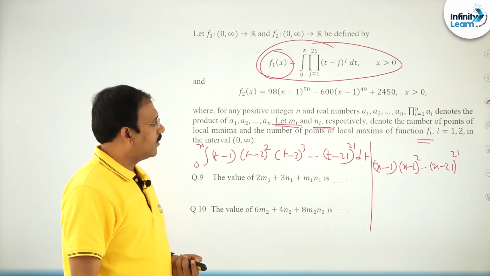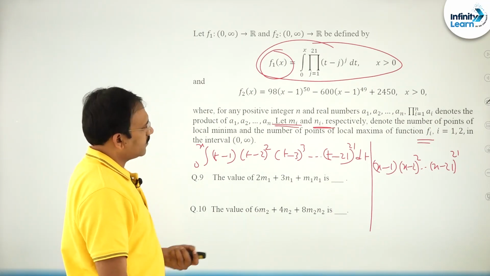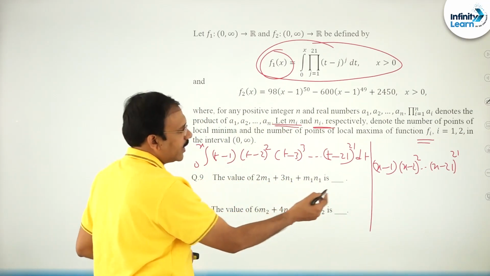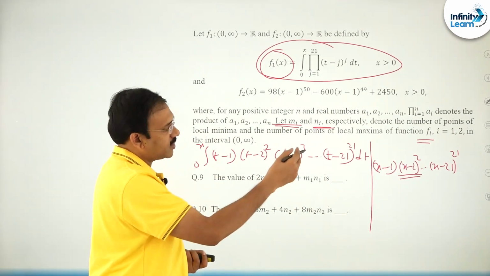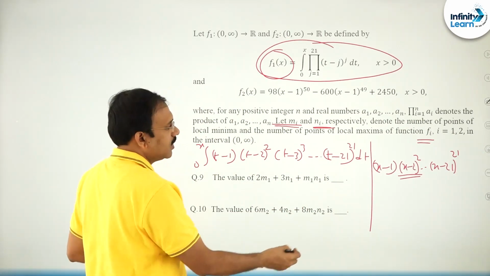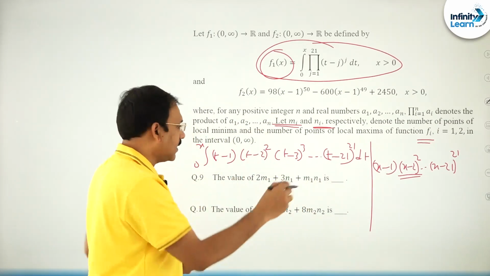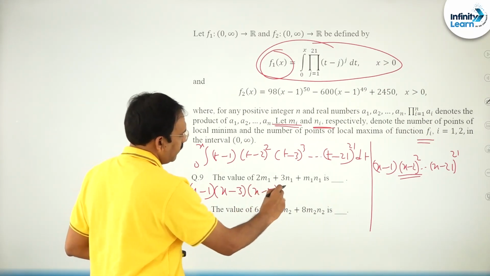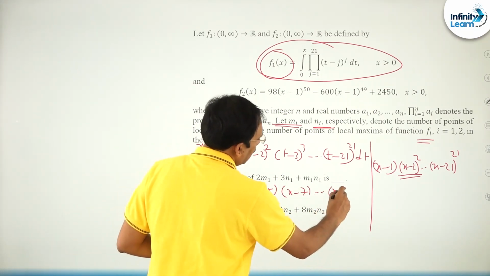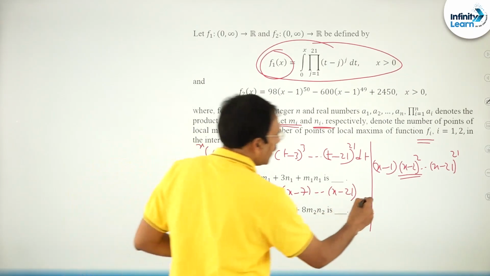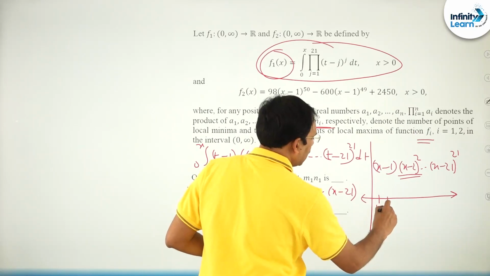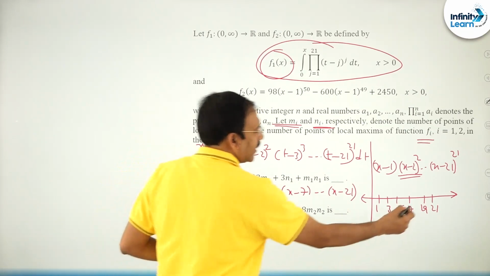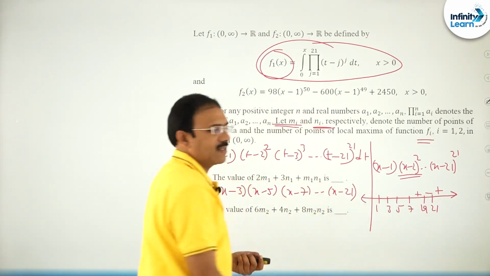So you need to see where it is going to be positive or negative. Let me check where it is positive. (x minus 2) whole square you can take out, (x minus 4) whole power 4, all even powers you can take out, and even (x minus 3) whole cube you can take as an even power. You will be left with (x minus 1) into (x minus 3) into (x minus 5) into (x minus 7), and so on, up to (x minus 21). By the wavy curve method, my dear friends, if you plot 1, 3, 5, 7, 19, 21, you can see the extreme one is positive, then negative, positive, alternating like that.